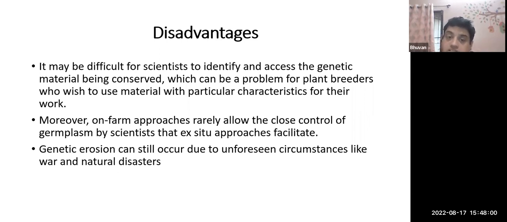Genetic erosion can still occur due to unforeseen circumstances such as war and natural disasters, and because of that, genetic erosion can occur. So these are various disadvantages which are linked with the in situ method of